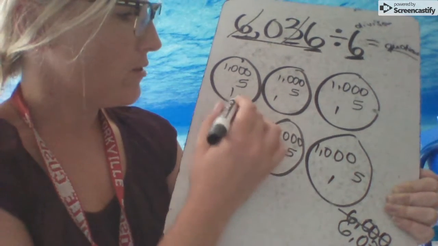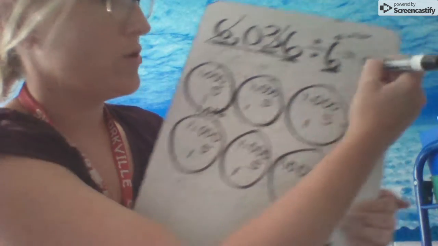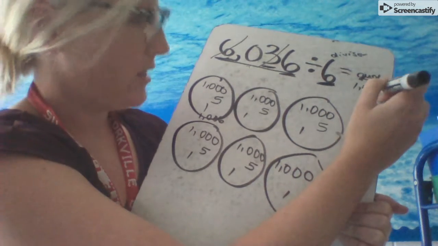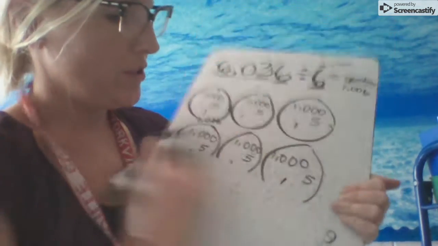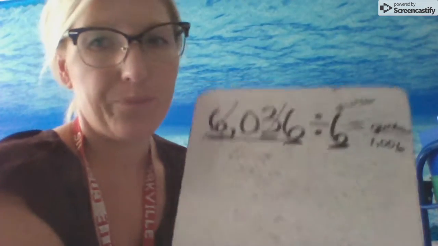So I have 1,006 in each group. So our quotient is 1,006. Okay? And then a really quick way to check your work, to make sure you did your division properly,